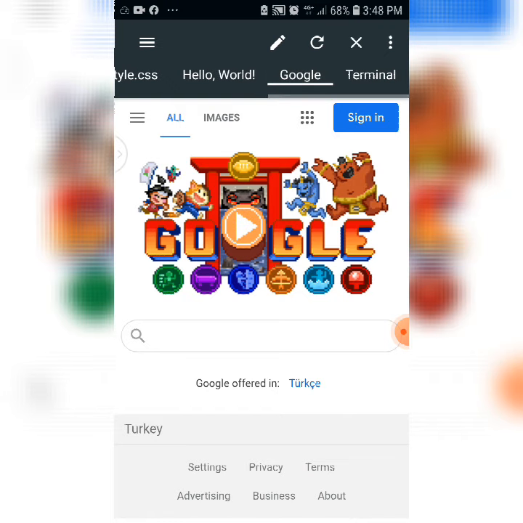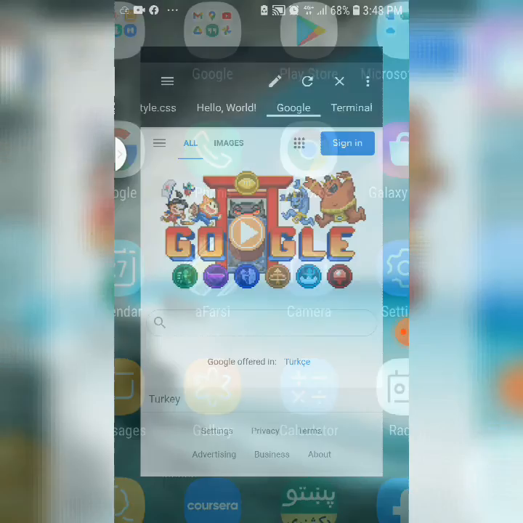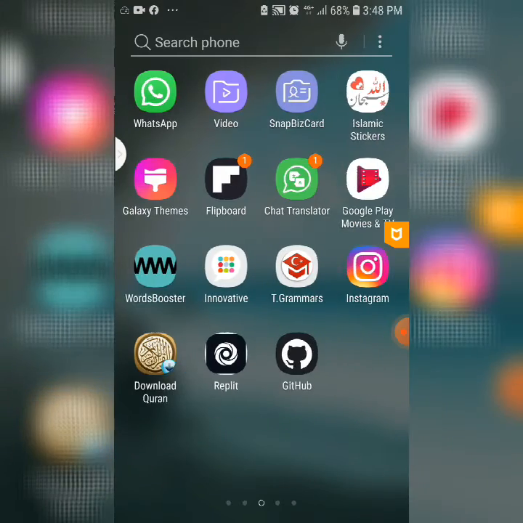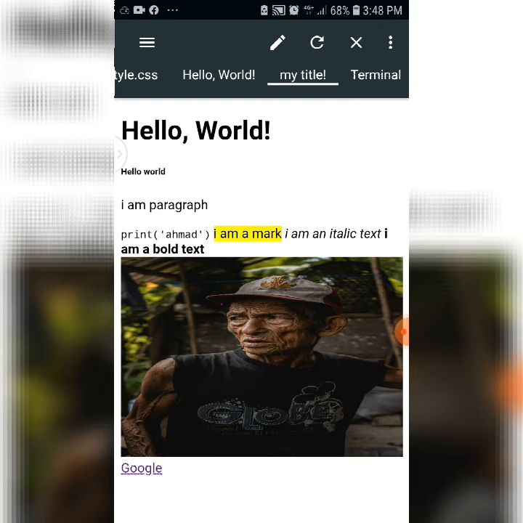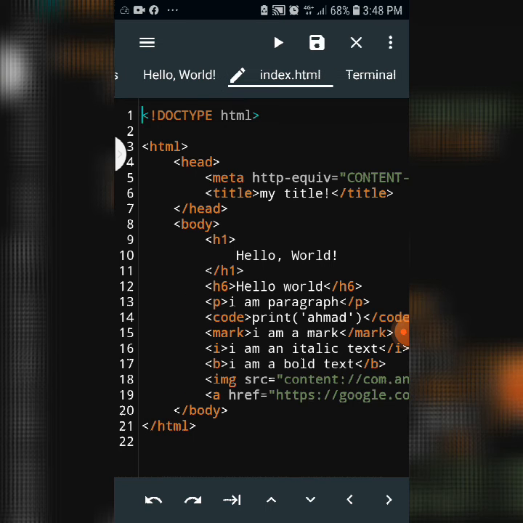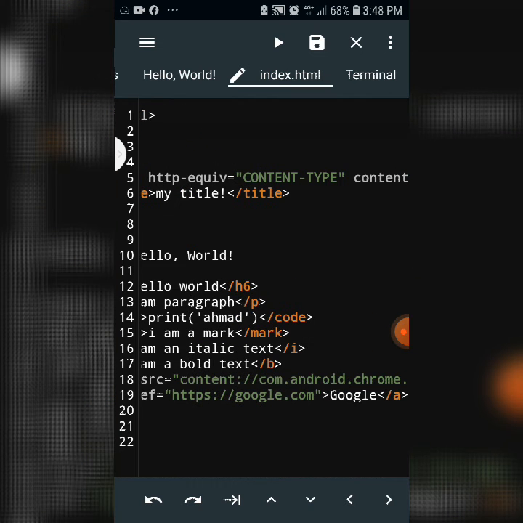If I want to go back, click on back. Sorry, I closed my editor. Click on my editor. Now click on pin. This was the anchor tag. The anchor tag has some useful attributes. Using the href attribute, we can, for example, sorry,